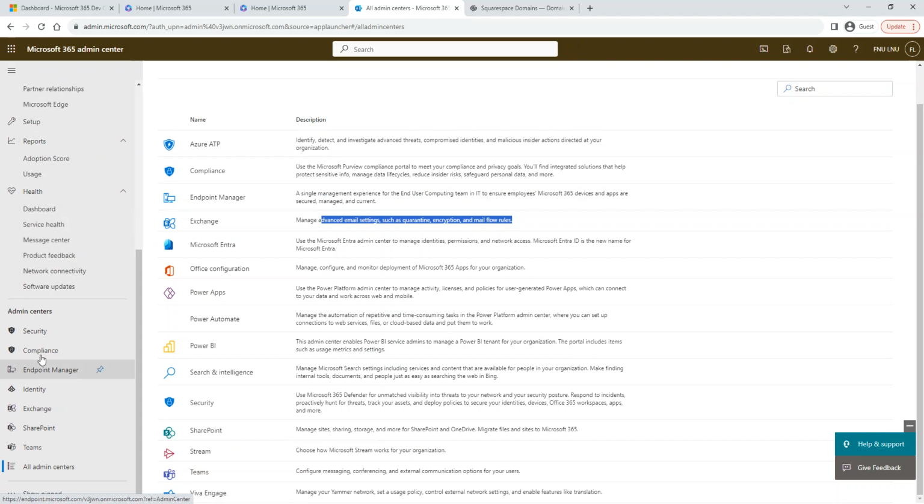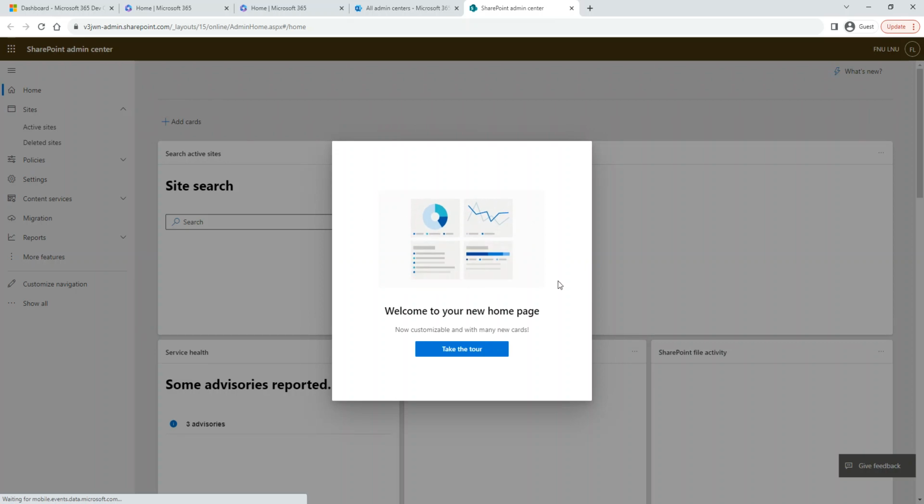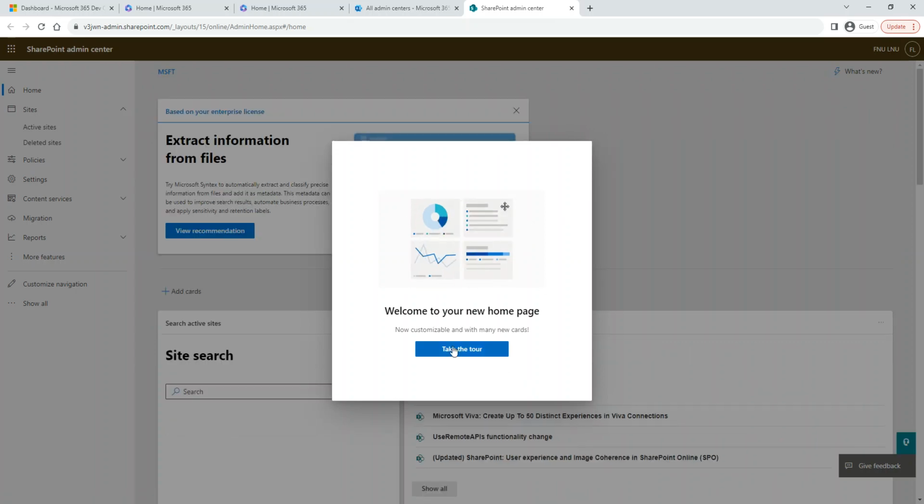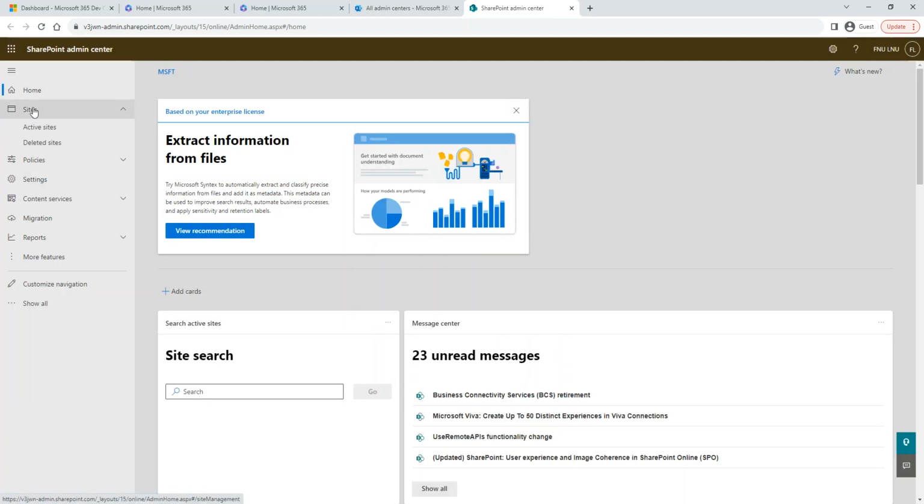So what I'm going to take you to here is the SharePoint administrator. When you click on it, it will open a new tab and bring up this tour again, but that's what it is. I closed that tour, and then on the top it says SharePoint Admin Center.